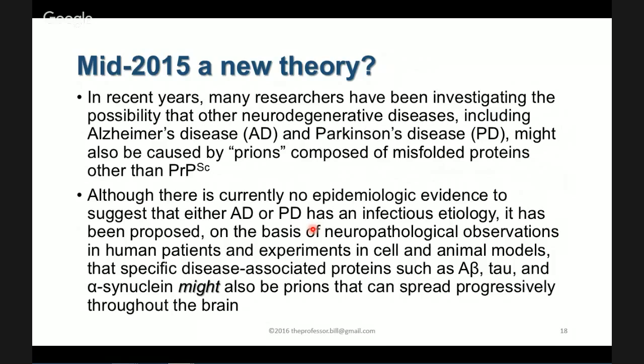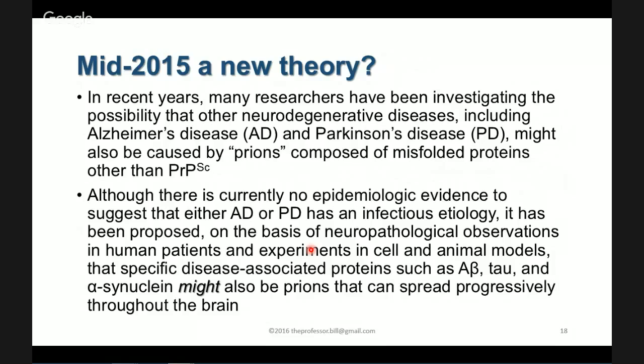There was no evidence until 2015 that what you're seeing in Alzheimer's disease is actually a transmissible disease. If you have aberrantly folded beta amyloid, it causes other normal beta amyloid to start aberrantly folding, or if you have Parkinson's disease, you see the same types of things going on. But there hasn't been any evidence that there is any infectious etiology. There's been no study where you can actually prove definitively in humans that Alzheimer's disease or Parkinson's disease might also be transmitted. Because we know